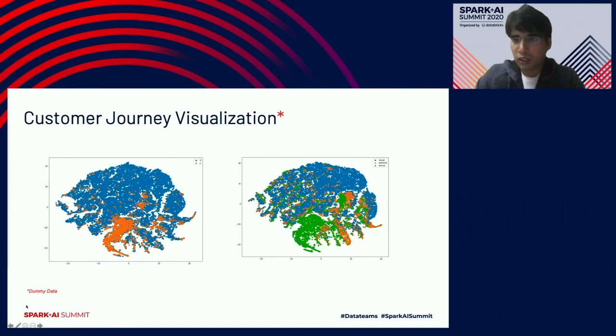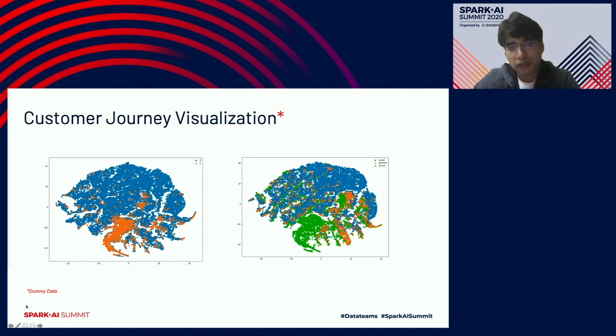But embeddings are not really useful by themselves unless you visualize them, right? And in this case, we can clearly see on the left side plot, we have customers who are not very serious about buying the vehicle. This is built on dummy data, but for representation purposes, we can clearly see the journeys of people who are serious about buying the car tend to have similar journeys, right? These are the embedding representations. So each dot represents a user.